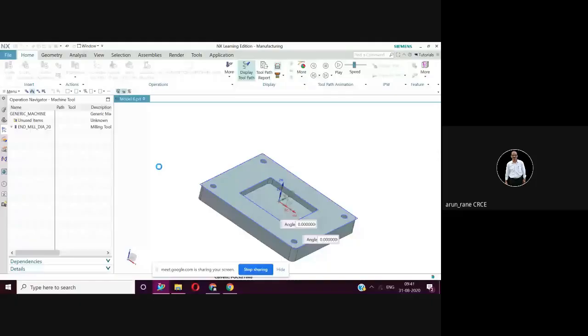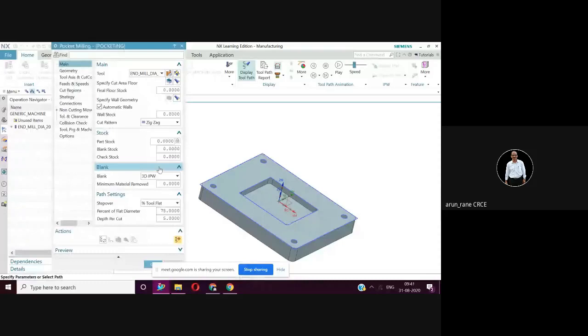Sir, can we use a ball end mill or flat end mill? Flat end mill. Ball end mill you cannot use here. Ball end mill is generally used for three-dimensional contouring objects, like a mouse, your face, nose, or automobile shapes.